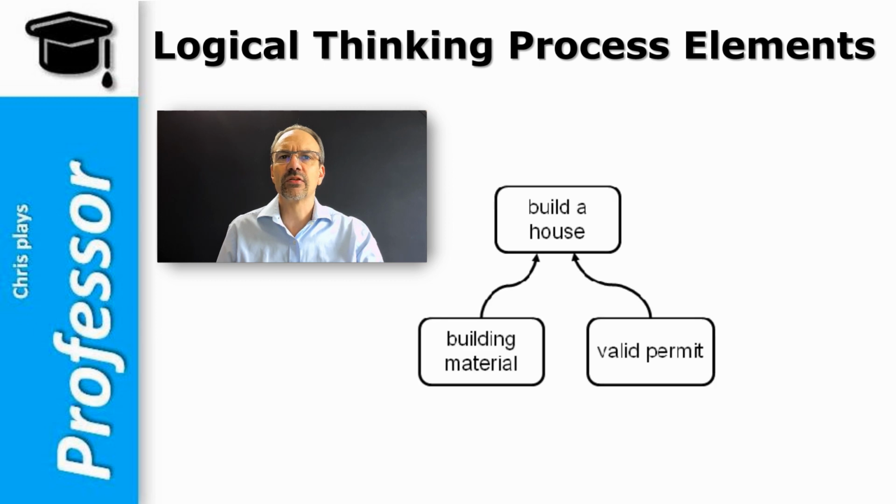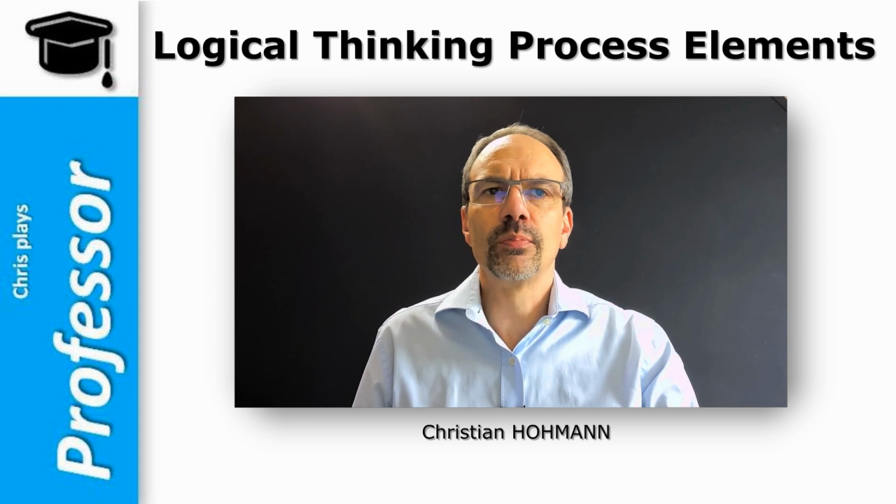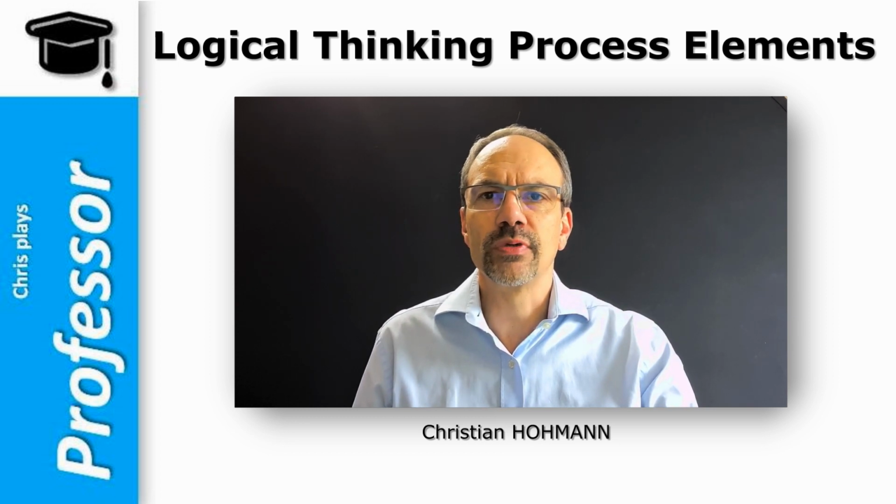On the necessity-based logic side, we may also need more than one prerequisite to enable our effect, but conventionally we are not using the logical AND connector. We read, in order to build a house, I must have building material on one hand, and in order to build a house, I must have a valid permit, at least if I follow the local rules. The rationale here is that the AND is implicit and visible in the diagram, so no need to overload the drawing. Let's move on to more complicated logic structure like the trees.